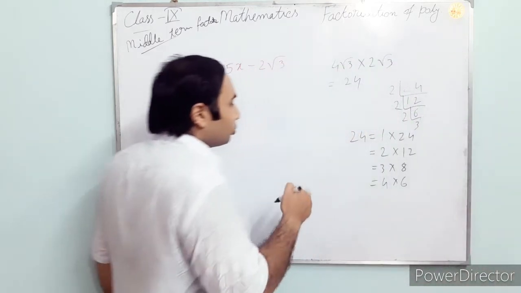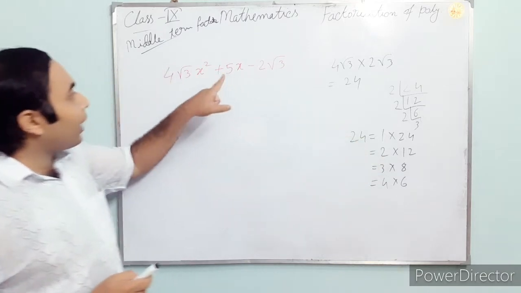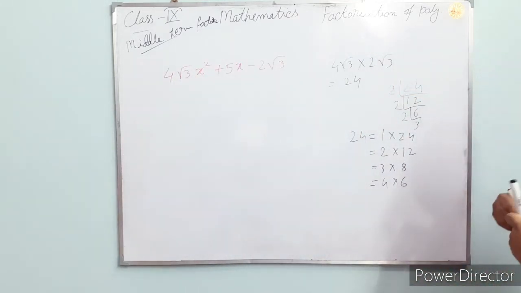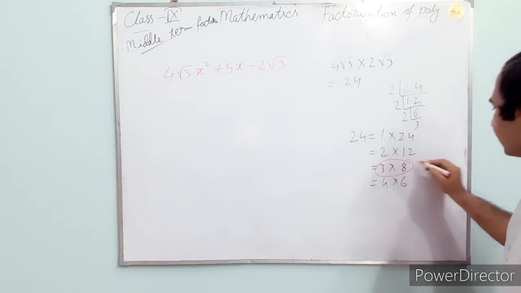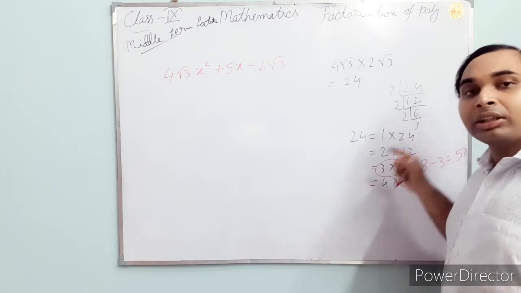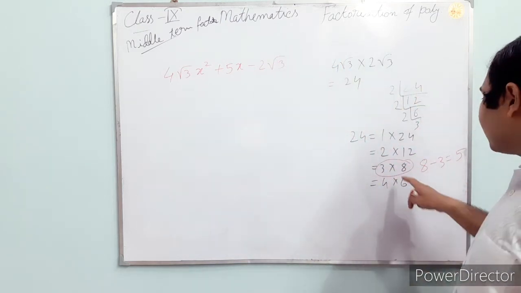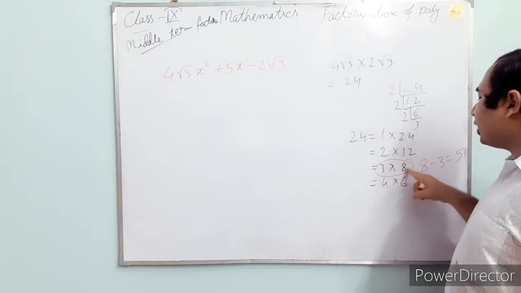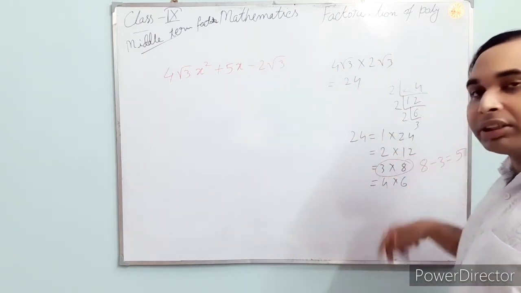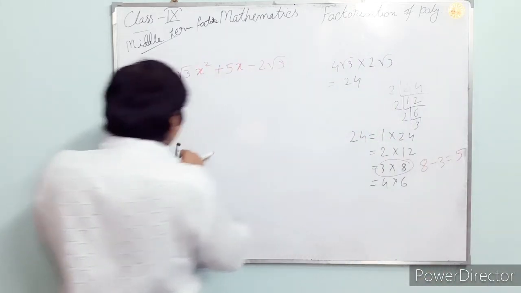Okay. So within those 4 options you have to now find 5. So there is only one option I can get from here, that is 8 and 3. That is 8 minus 3 we can get 5. I have told you that is the sign will be adjusted as per that one. So you have to adjust like that. But there is the possibility only for 8 and 3 to make 5. That is if you do minus 3 that one, then you will get 5 there. So that only will be applied here.